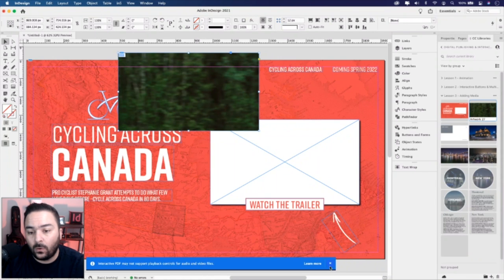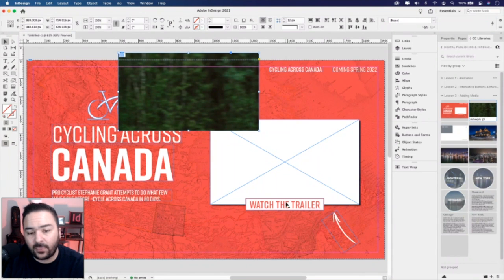That's correct. What we're doing here today is strictly for either publish online or export for EPUB fixed layout. Rich media will not play in PDF interactive, only because it's Flash based. And so what we're doing here is supported by HTML5. Okay, so I'm going to just close that. You may get that prompt. Just know that you're not going to have to worry about it for what we're doing.